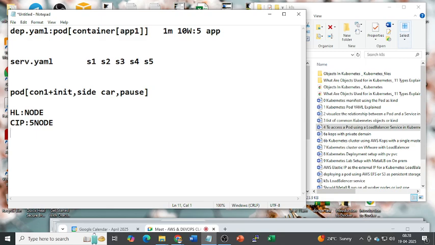Now if you want to access publicly, that is outside of the cluster, that is mostly required because my cluster is running in AWS cloud in Mumbai, but we want to access our application from anywhere in India. Then how to access it? Then we are going to use node port. That is publicly. Publicly you can access your application which is running in the pod using node port, but it is not industry standard